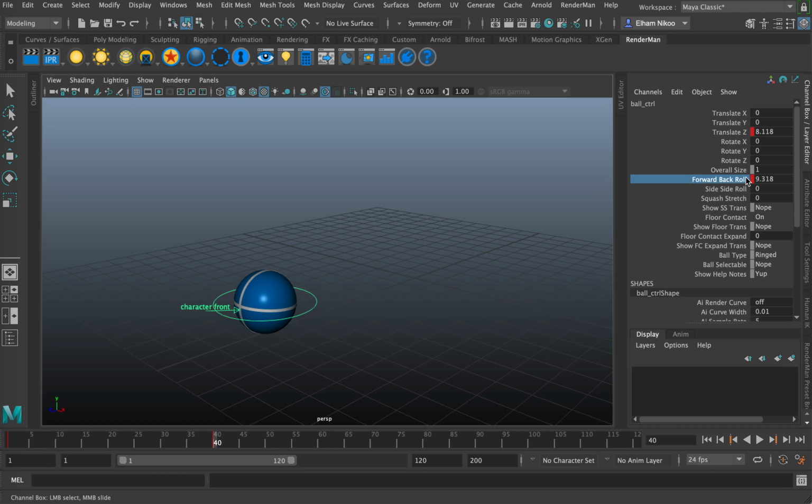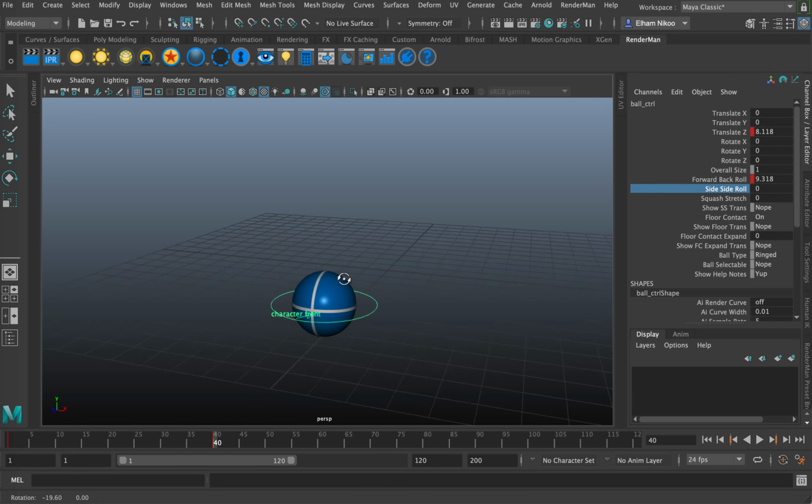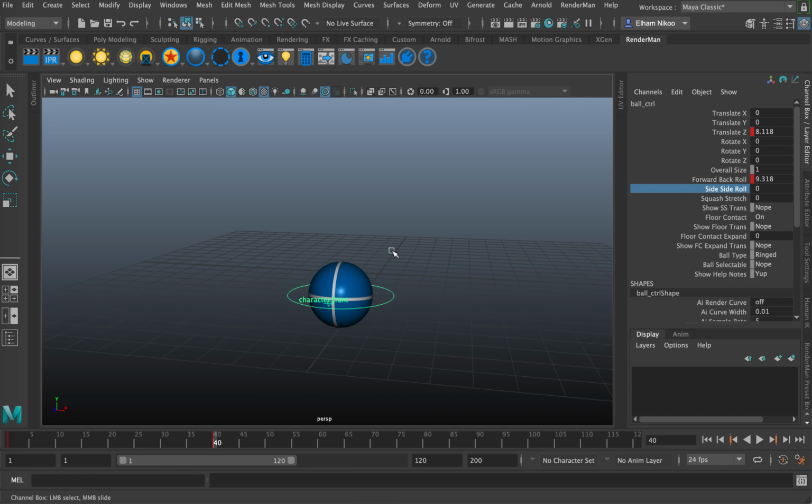So we covered this one. This is forward back roll. If you almost match this value to translate Z, you know that the ball is going to slide and also roll. Okay. So what is side to side roll? What it does is, clicking on this side, middle click drag, it's just rolling the ball